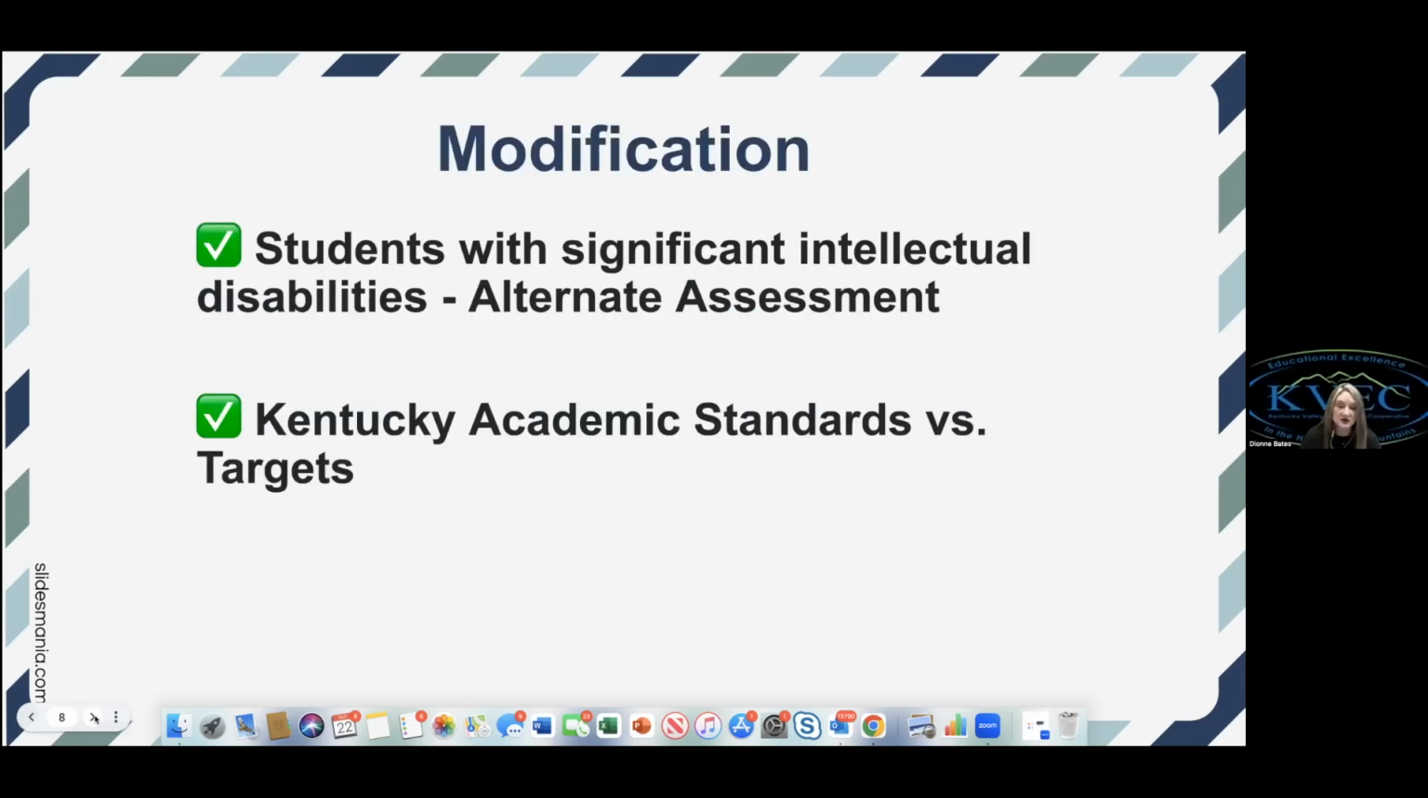So this one, we're talking about modification. When we're talking about modifying, we're talking about students that's generally kids on alternate assessment, because we're not modifying the standard. We modify through the alternate assessment by reducing the breadth and depth and the rigor of the standard by using the alternate assessment targets. So we still have the Kentucky Academic Standards, and our students are still assessed on the Kentucky Academic Standards unless